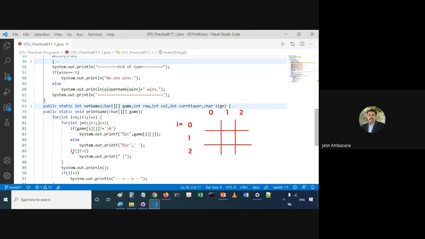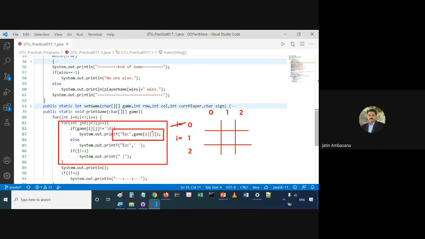Now see, once the whole row is printed, once the inner for loop ends, i was equal to 0, now i gets incremented to 1. Again the inner for loop works from 0, 1, 2, and one by one they are printed.